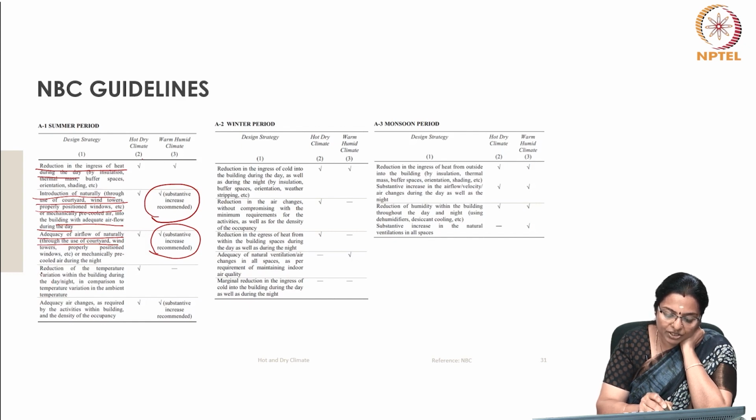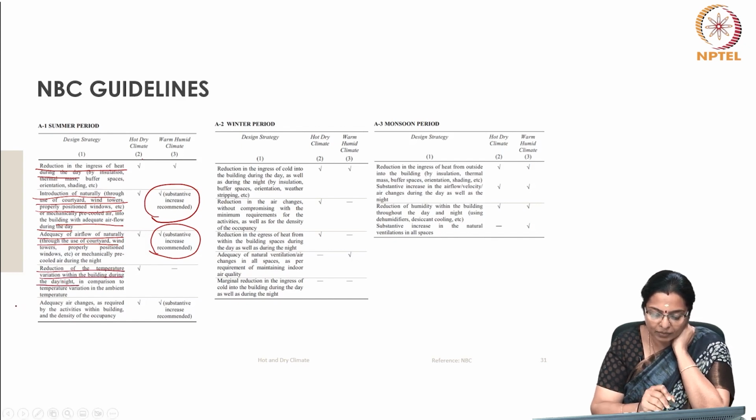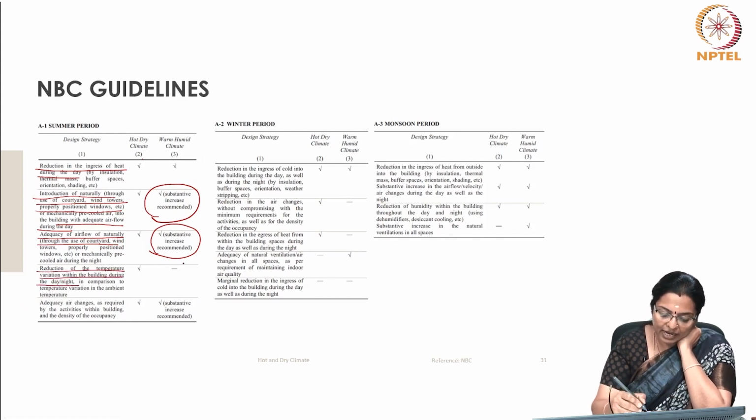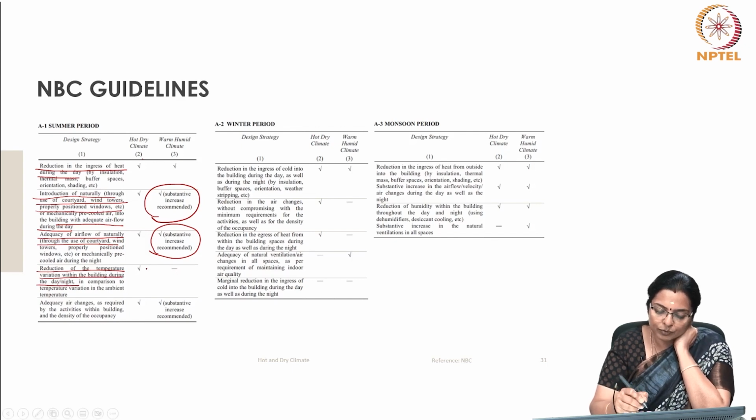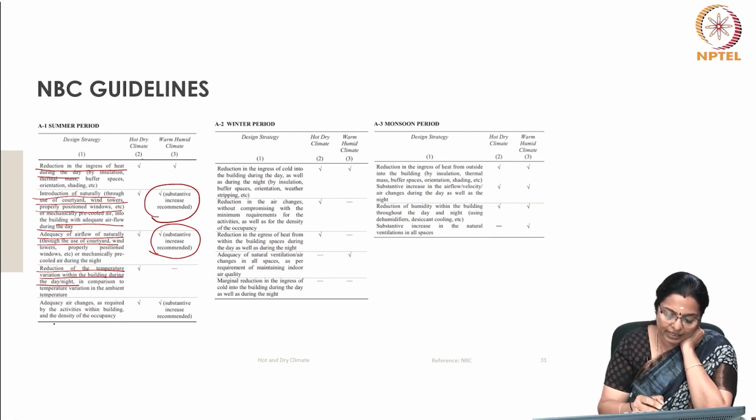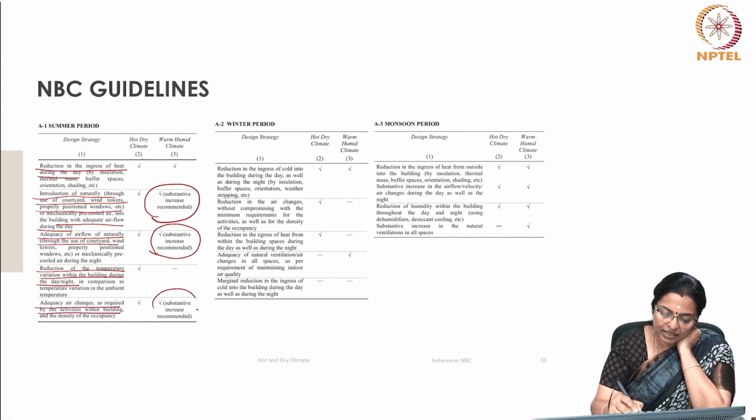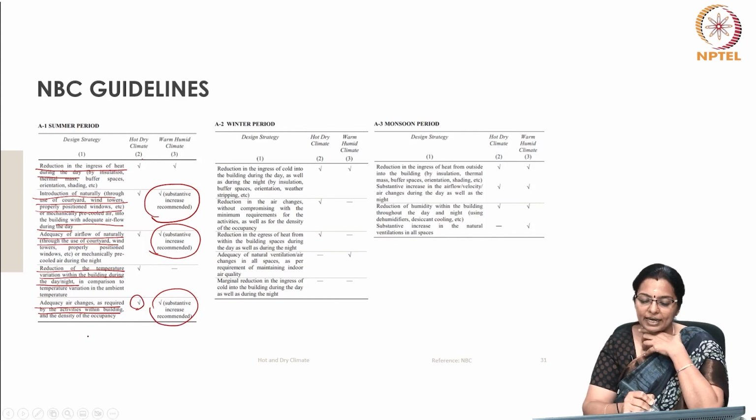Reduction of temperature variation within the building during daytime and nighttime compared to temperature variation in the ambient is absent in warm humid and present in hot and dry. Adequate air changes as required must be high in warm humid and should be present optimally in hot and dry